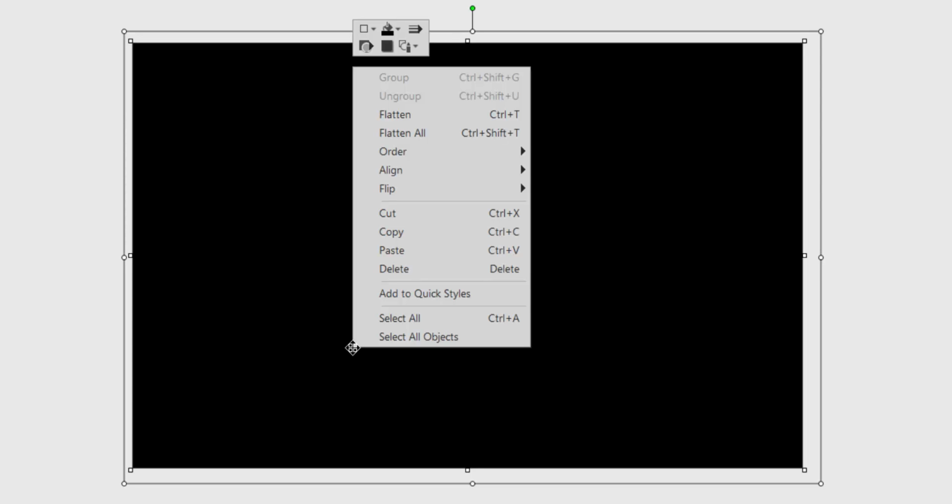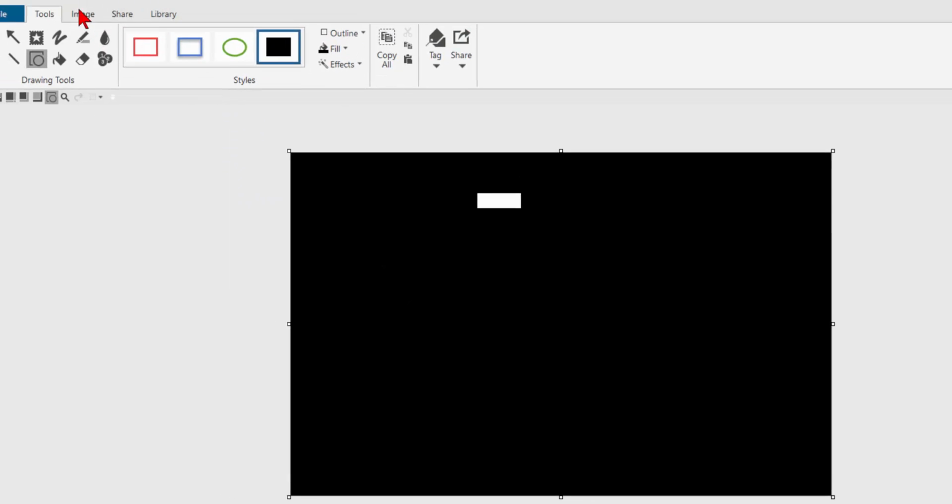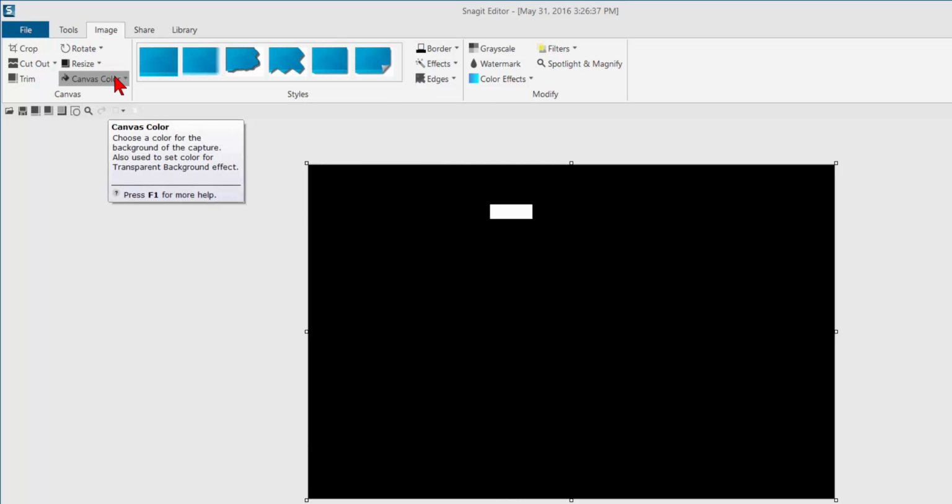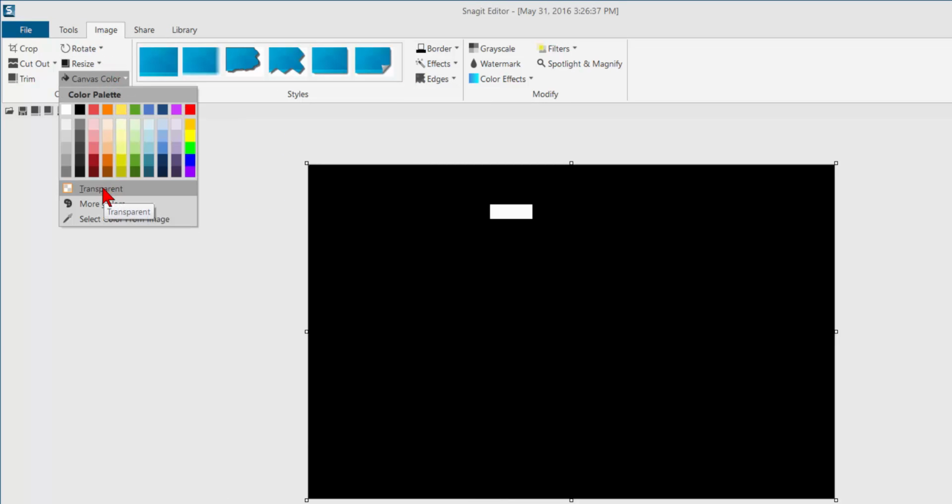Now notice that this is leaving me with the identical size of what I need, and I've got the proper mask position here. So the first thing I want to do is right click this guy and flatten. Okay, now that leaves this guy as a shape all of his own. And lastly, I want to make sure on my Image tab that my canvas color is set to transparent,